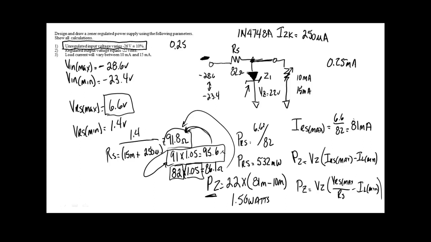So we need a 22 volt supply. What's the odds of me finding a 22 volt supply? Probably slim to none, because they come in standard ratings. We can find a lot of 12 volt power supplies, a lot of 5 volt power supplies, and your laptops run on 20 volts, so I can find 20 volt power supplies. I can't find a 50 volt power supply. I can buy a variable power supply that gets up that high, but I'm going to be paying tons of